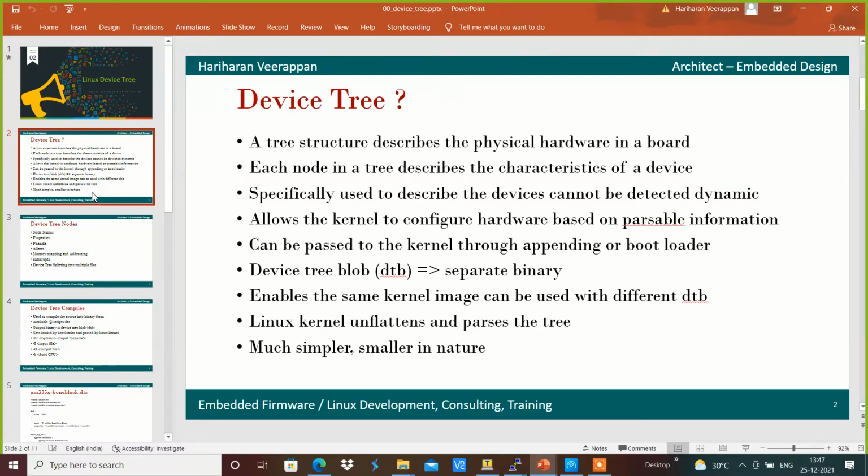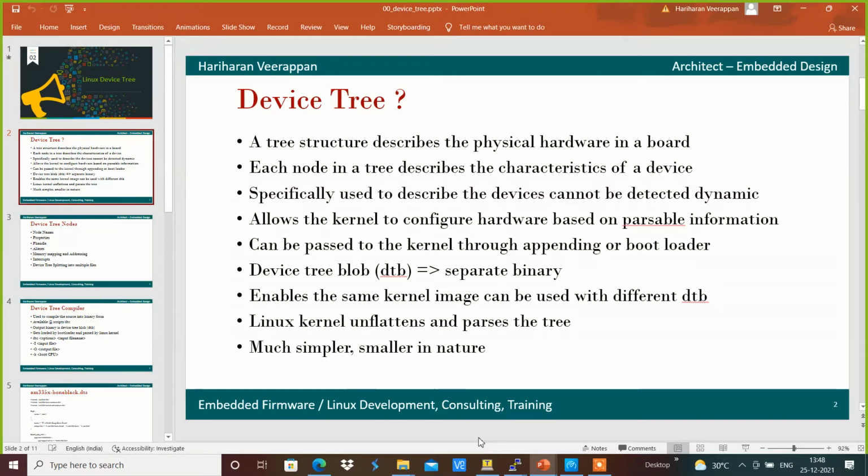Each node in the tree describes the characteristics of each device, and it is specifically used to describe devices which cannot be detected dynamically. The device tree allows the kernel to configure the hardware based on parsable information which is passed to the kernel by appending it through the bootloader.